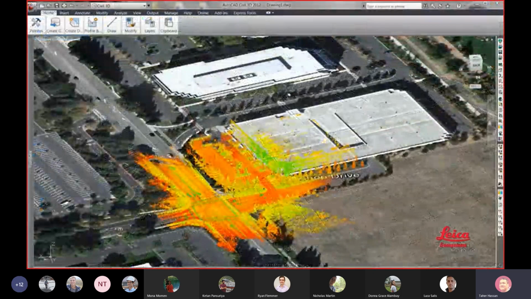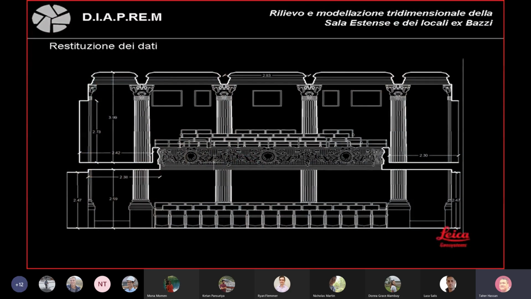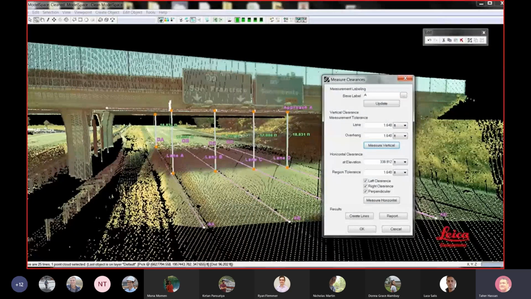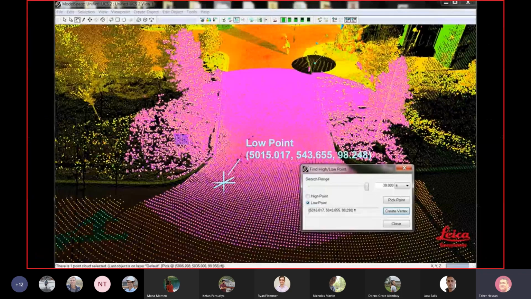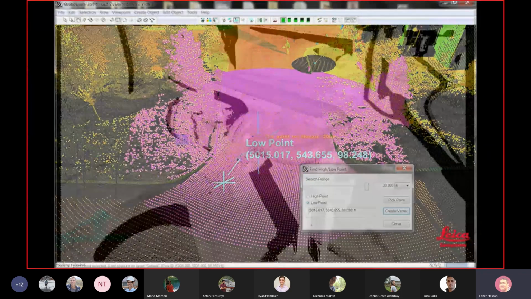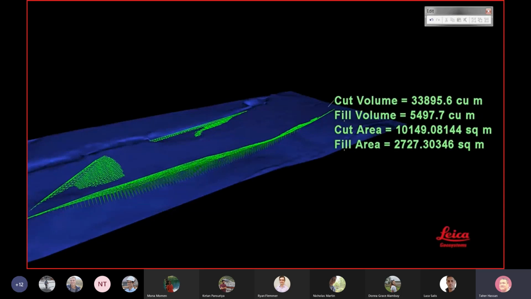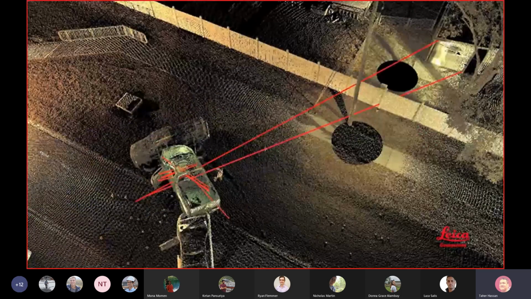In the office, our scan software enables users to efficiently create an endless variety of deliverables, from the simplest ones like 2D plans and elevations, user-friendly panoramic images with measurements instantly available from each pixel, clearances, point-to-point and point-to-surface measurements, high and low points and tie points, sections and profiles, volumetric reports, line of sight and crime scene witness viewpoints,